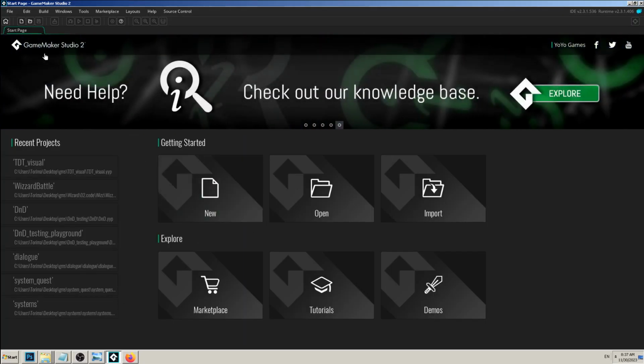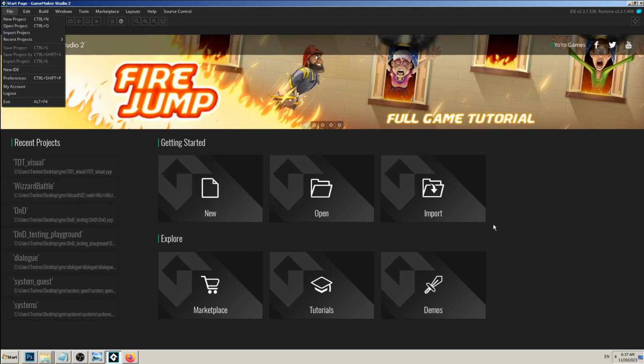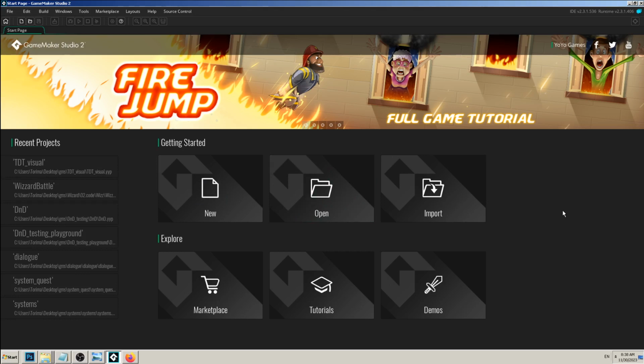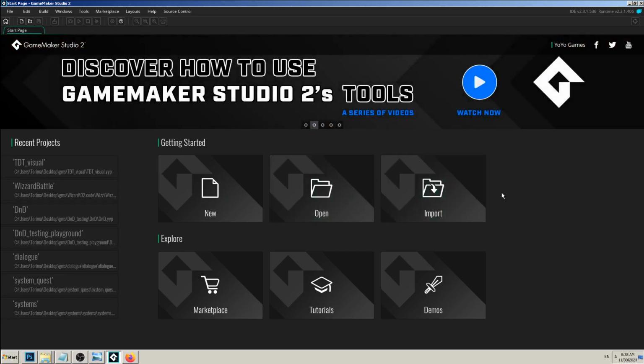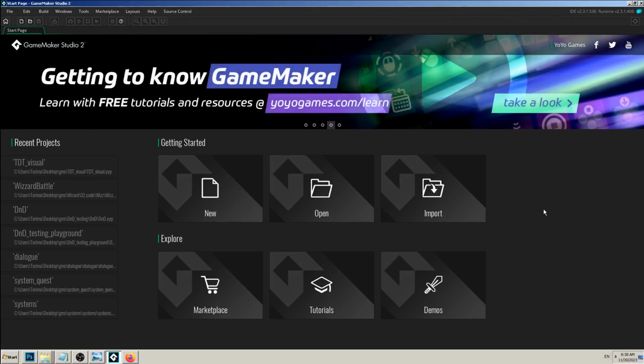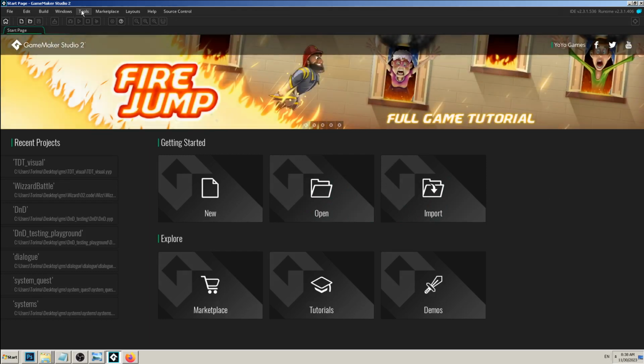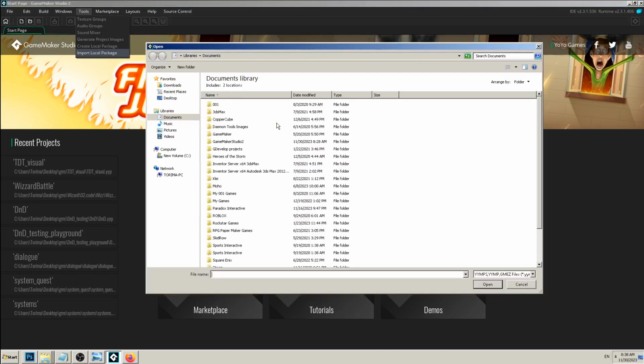So the first idea would probably be to open project, import project, or something like that, but I have explained that in some of the previous videos. There are lots of different GameMaker extensions and files you can import, open, or create in GameMaker. It's kind of confusing, and there are different ways to do it. For this file extension, yymps, you go to Tools, Import Local Package, and then it will open the